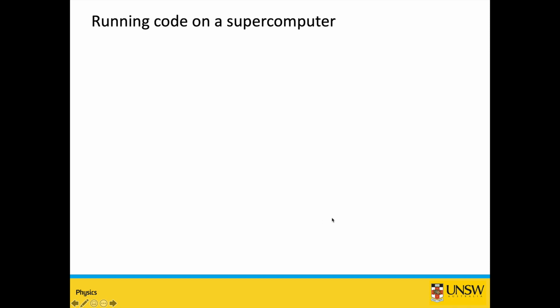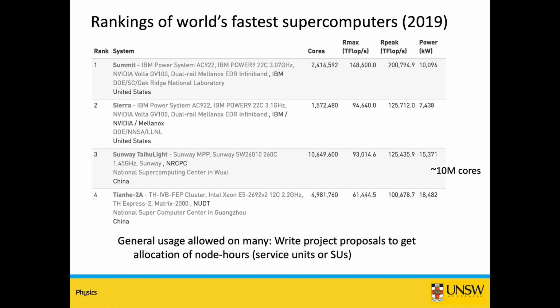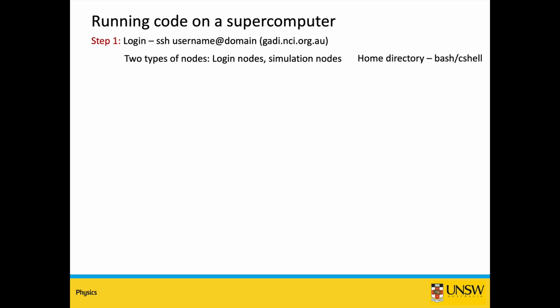And how do you access some of these computers? If you want to access a supercomputer in Australia, then you have to write a proposal to NCI, the organization that manages that computer, and you have to propose your project and what kind of research activity or work you plan to do. And the proposal has to be in terms of node hours, how many hours per node you want to use to do your calculations. This is also called the service units of the computer. So this is the hardware that is needed to do such large computations.